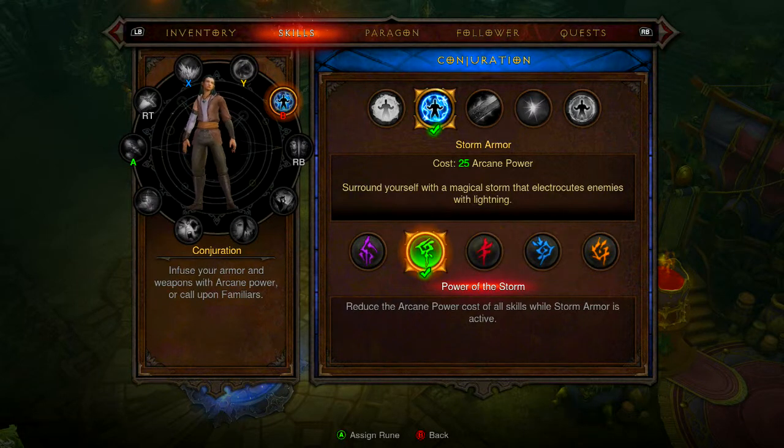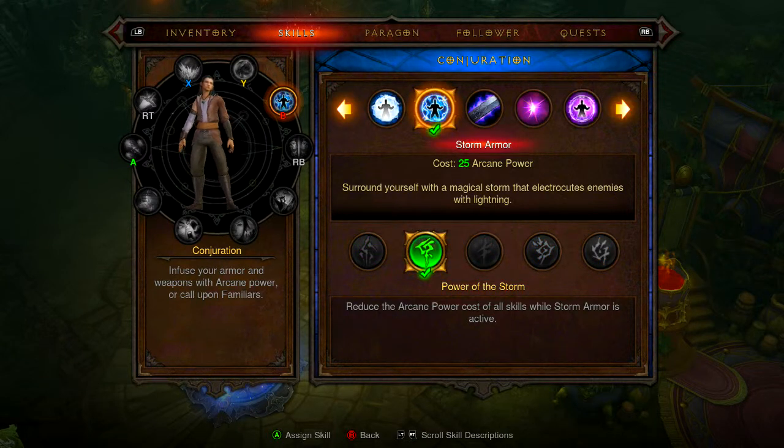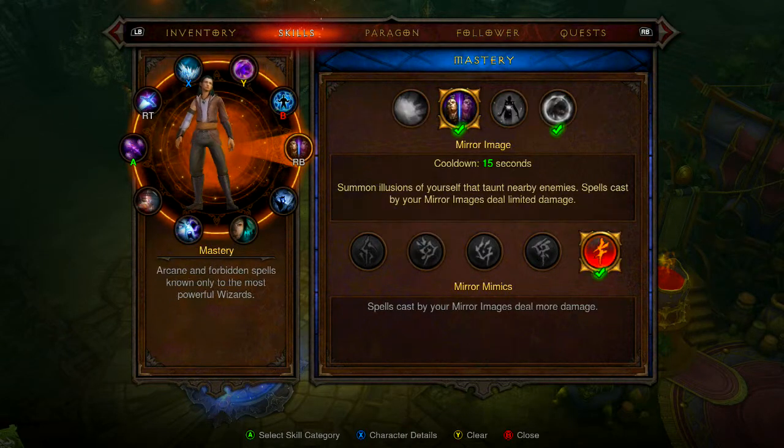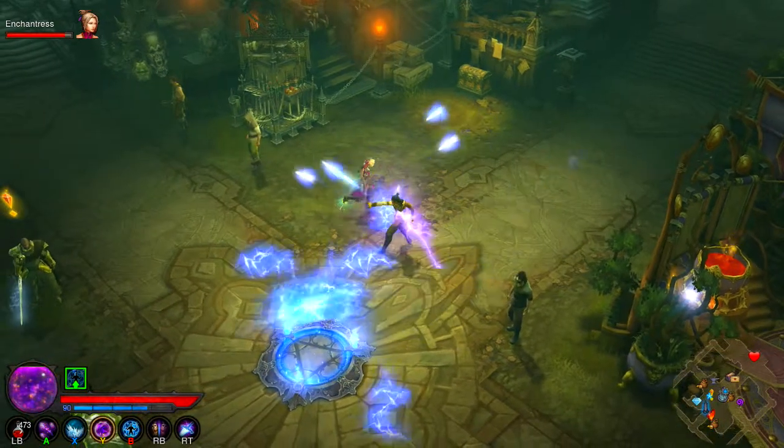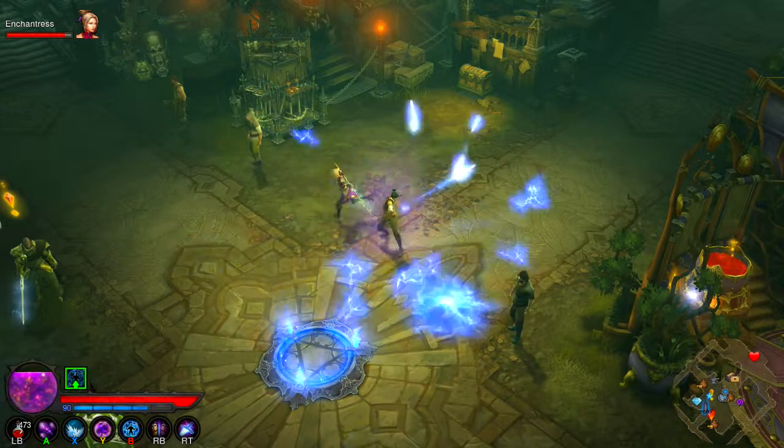So that's why I went with the electric armor. And I use the rune that while my storm armor is active, I get reduce the arcane power cost of all skills. This comes in very, very handy because Arcane Torrent, as you know, takes a lot of energy or arcane